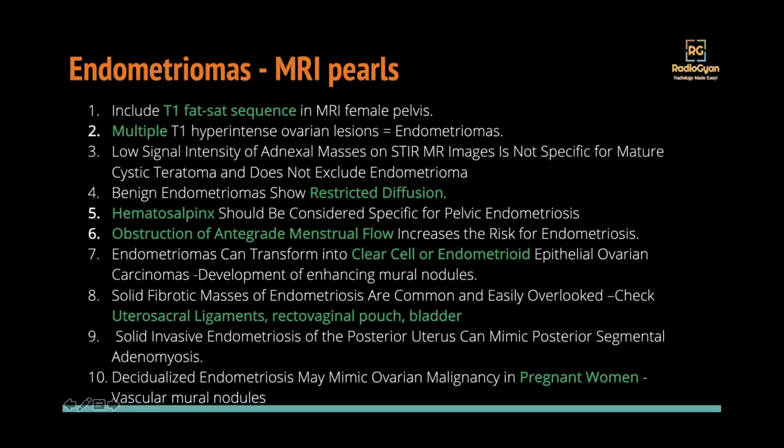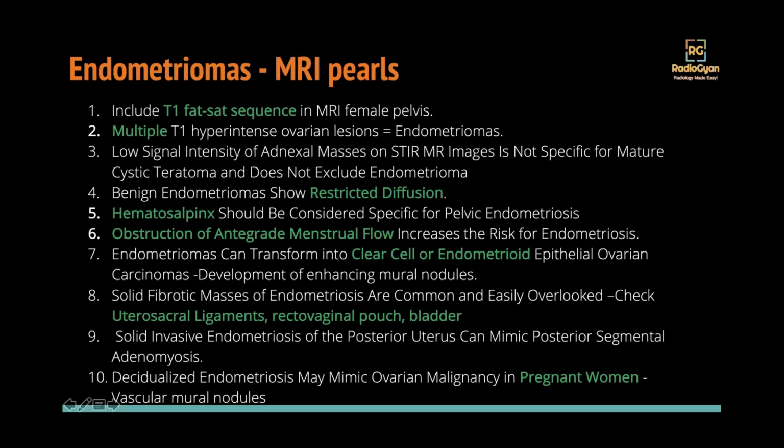Perfect. Okay. So yeah. So if there's a patient who has a congenital anomaly, such as a vaginal septum or an imperforate hymen, as somebody rightly pointed out, that can be a precipitating factor for endometriosis. So if you see endometriosis in a young patient, that can be one of the precipitating factors.